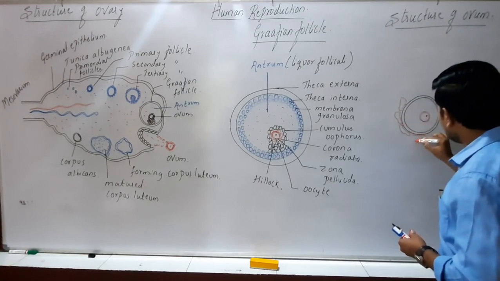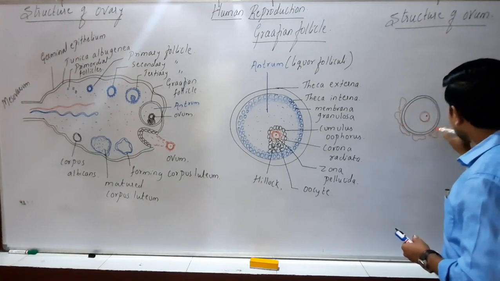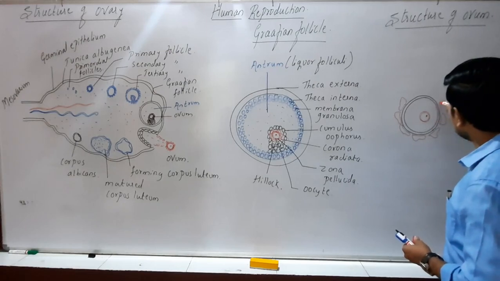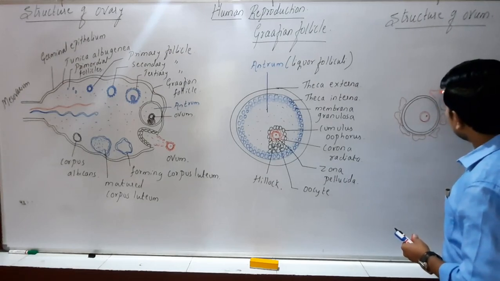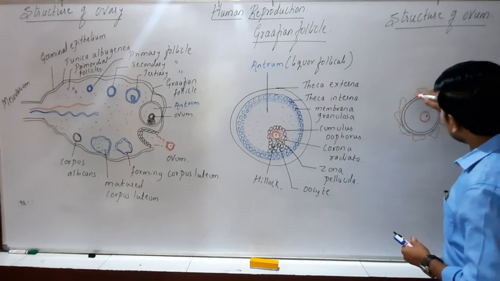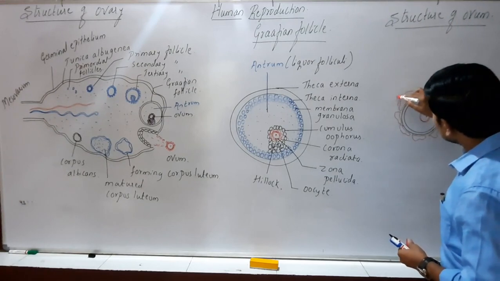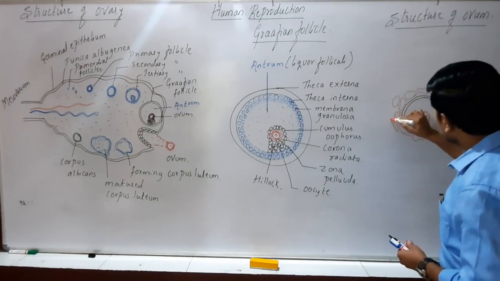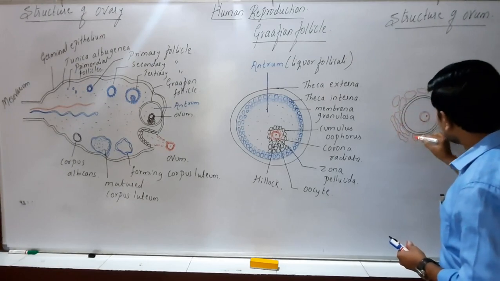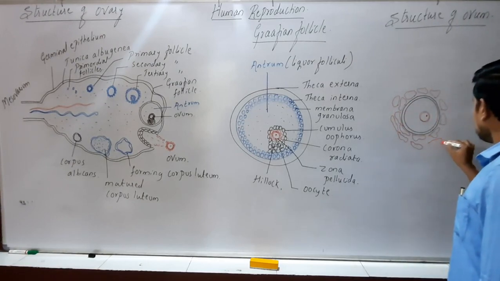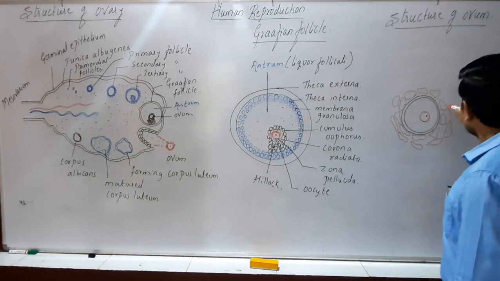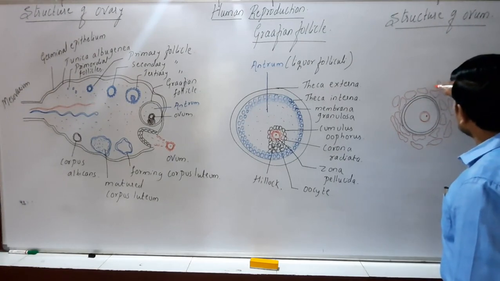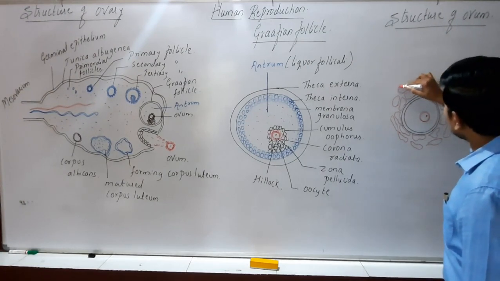These cells are said to be corona radiata, as it appears like the corona layer of the sun, and hence the cell name is corona radiata cells. So these are the corona radiata cells which are present on the outer part of the ovum. So this is regarding the structure of